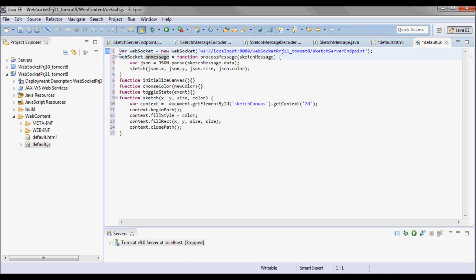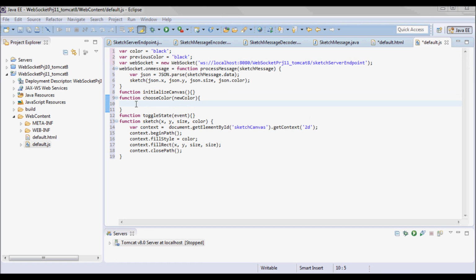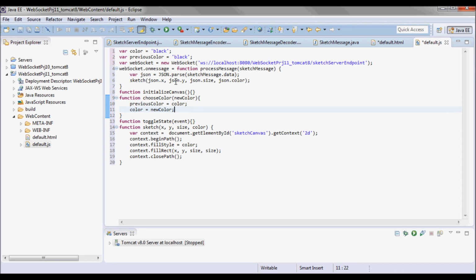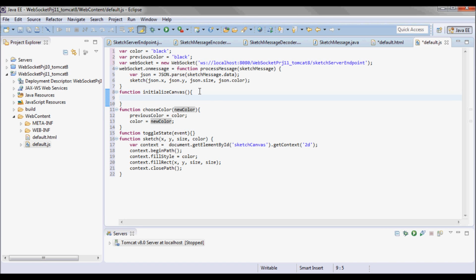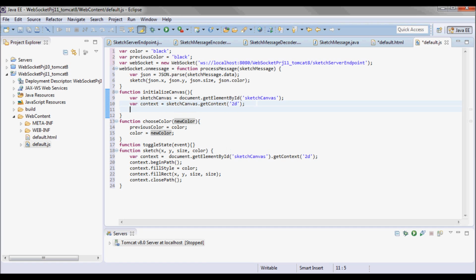And let me define a color and a previous color over here. And in choose color, I will set the previous color to the current color, and I'll set the current color to the new color that is passed in from here. And in initialize canvas, let me pick up a sketch canvas and a context by doing sketchCanvas.getContext, and I'll set the sketch canvas.style.border to solid,